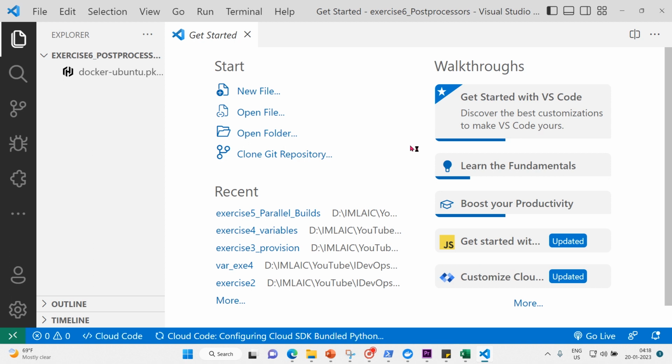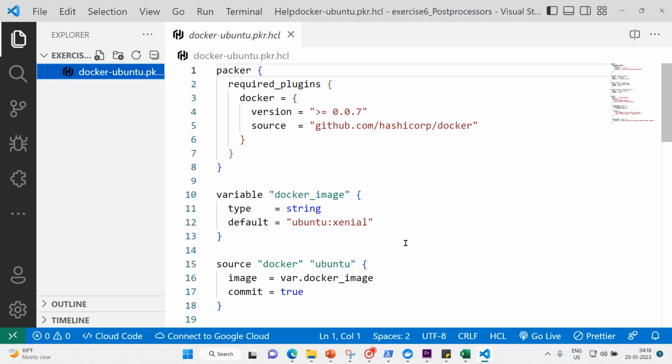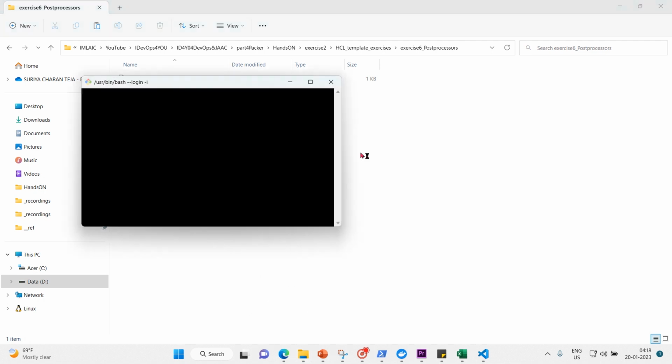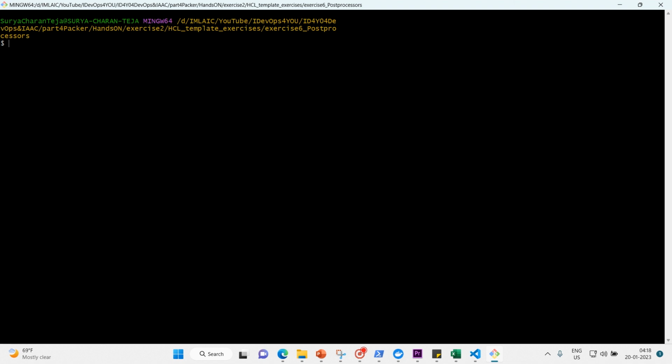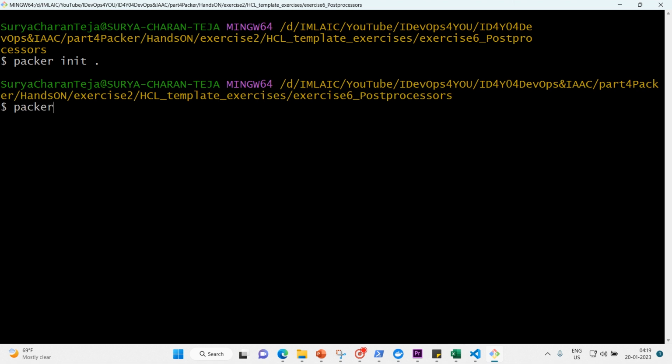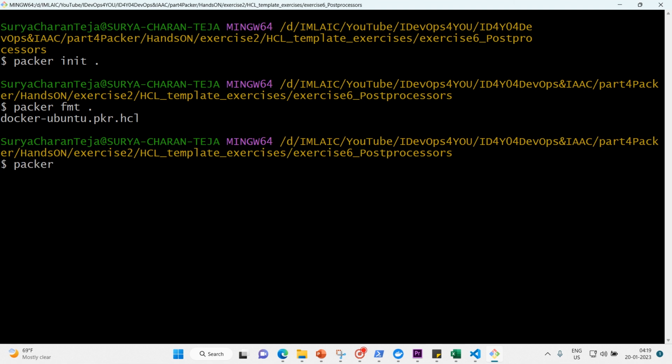But before that let me initialize Packer. So for that I will open Git Bash. So packer init, done, fantastic, no problem at all,